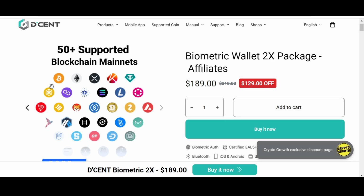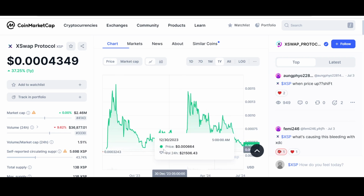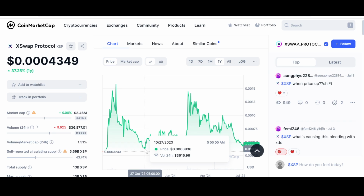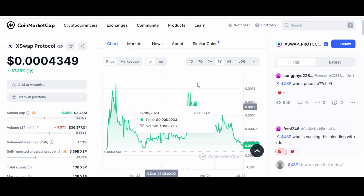Anyways, guys, now let us look into the price and chart of XSP at the time of the recording, and let's see what it has been up to lately. So this is XSP. You can check out their yearly chart. Although it is still up 37.25% for the year. The price is 0.0004349. But guys, it is on its way to test this support level again, the 0.0039 area. If it breaks towards the downside, then we are looking at the 0.0003 area, guys,